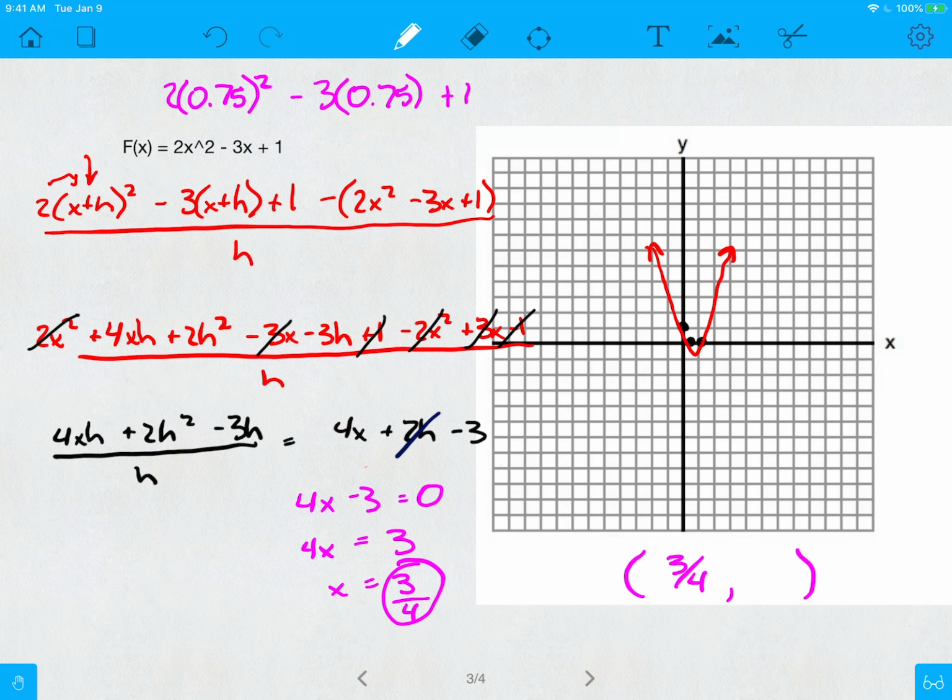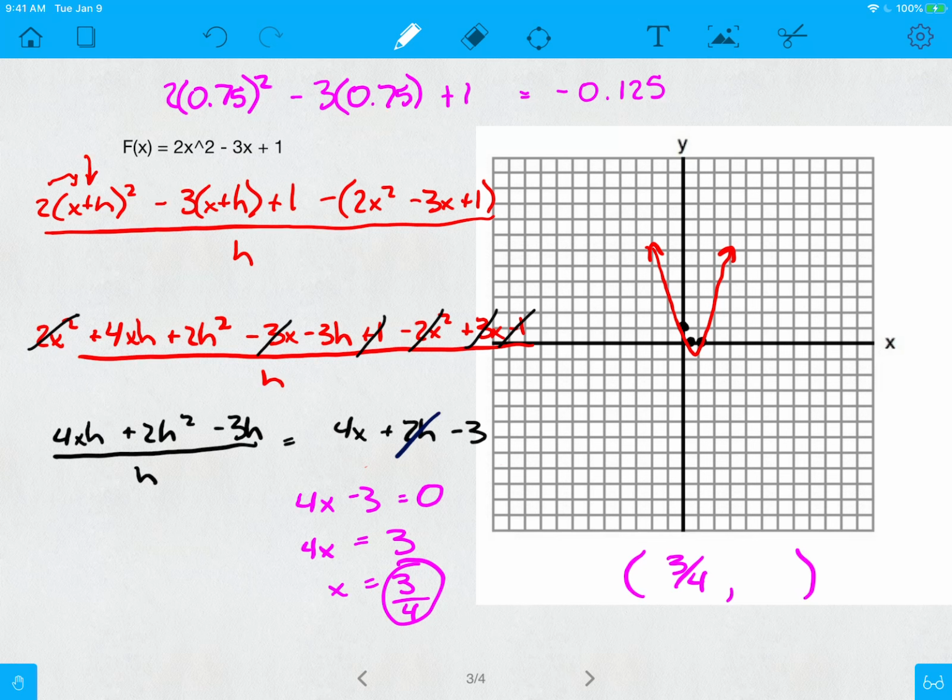Now again, if you have a calculator, I'm going to take my calculator out here and actually type this in, and we'll get to my final answer. And again, it'll be a decimal, it could be a fraction, it doesn't matter, as long as you know what you're getting yourself into. So 0.75, we're going to square that first, and then take that times 2. What we have here is about 1.125. We're going to subtract 3 times 0.75, and we're going to add the 1 to it. So we should be getting roughly negative 0.125,